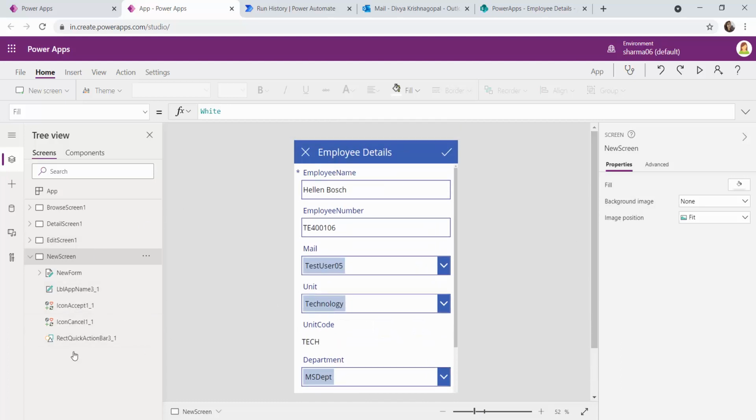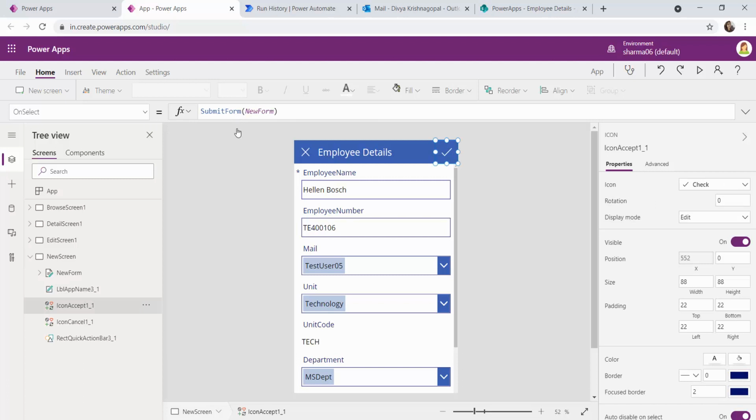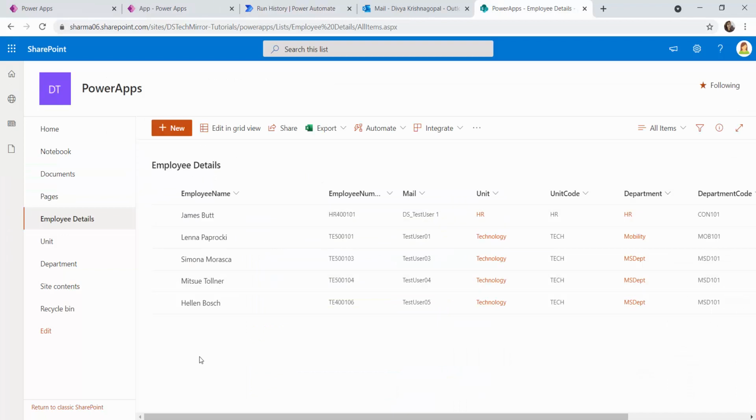Now, along with the controls, the formulas attached to the controls are also copied when I duplicated the screen. So in this demo, what we are going to do, when I submit the new screen, that is when I create an employee detail and it gets entered into the list, which is my employee details list, I need a confirmation email or a success email notification to be sent to that new employee.